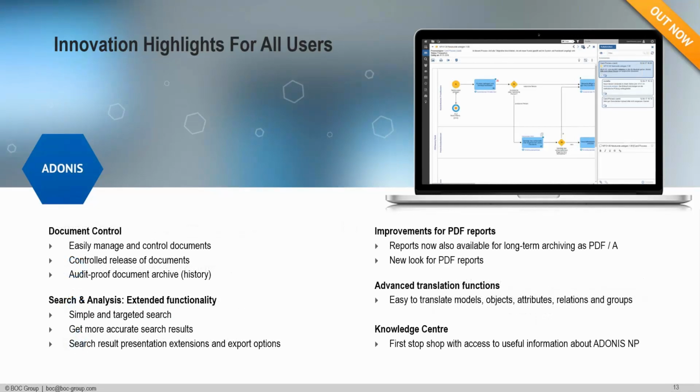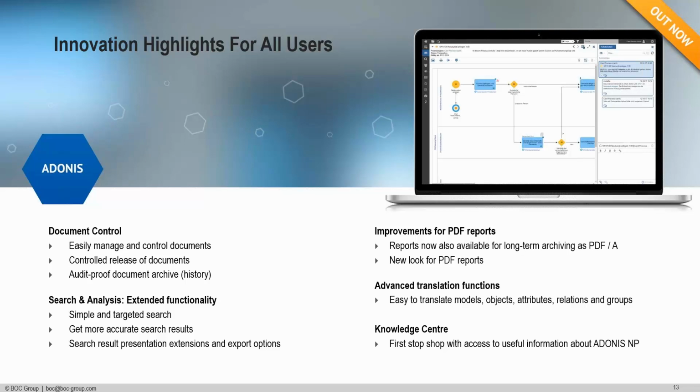Some of the other key innovations in the release: firstly, we now have a release workflow mechanism especially for our document objects. With an extension to the standard Adonis license, we can include the document release workflow to more easily manage and control the documents contained in your repository. Document control helps your organization keep track of changes and different versions of your documents in the course of a multi-level review, including quality assurance prior to release. It's similar to the release workflow process for models, but more focused on just documents.